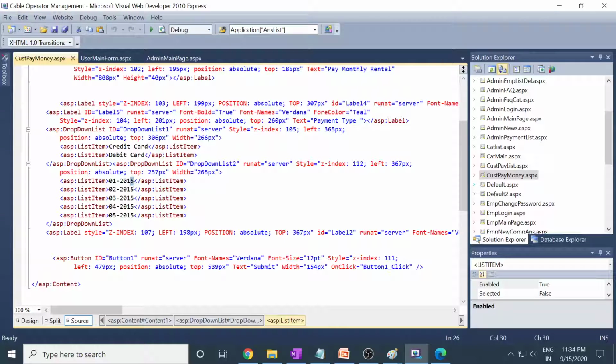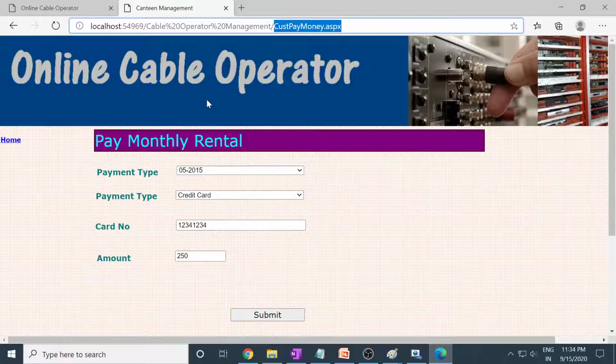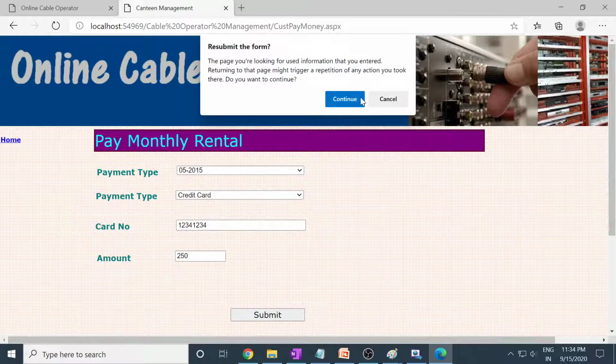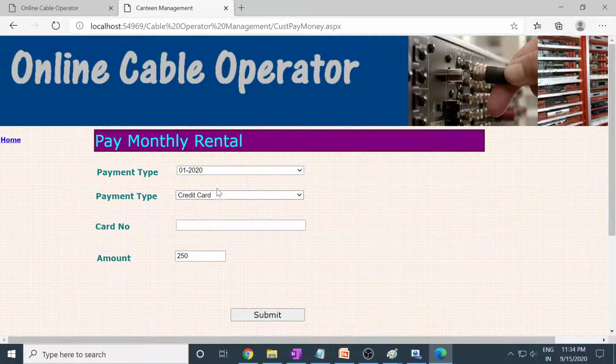So let me change to 20. So we can continue the rest of the dates, the rest of the months actually. So if you come back and if you refresh this, fine, now it's 1, 2, right.